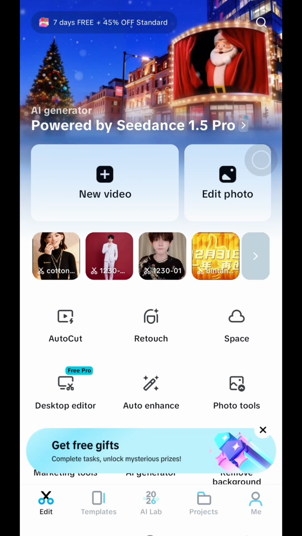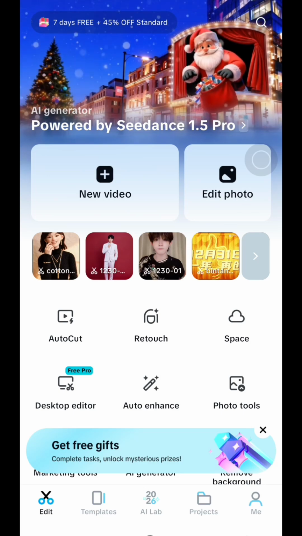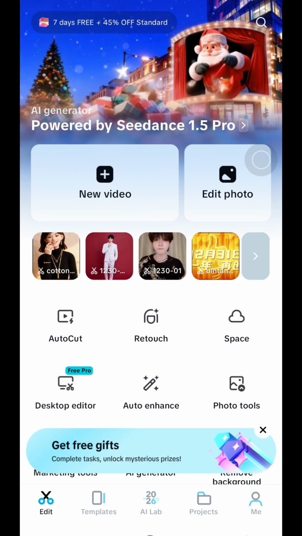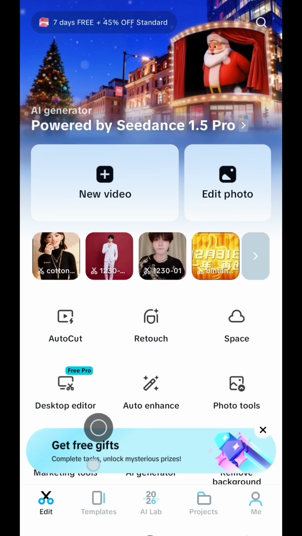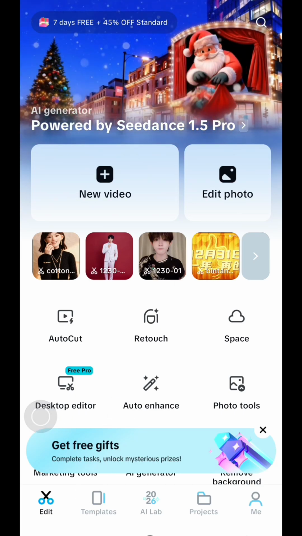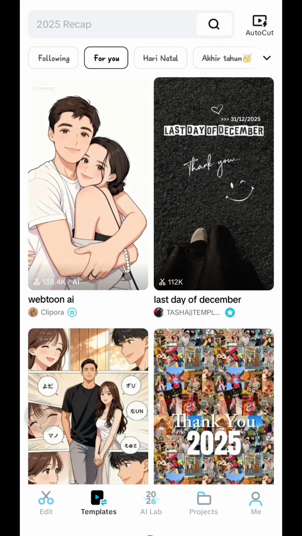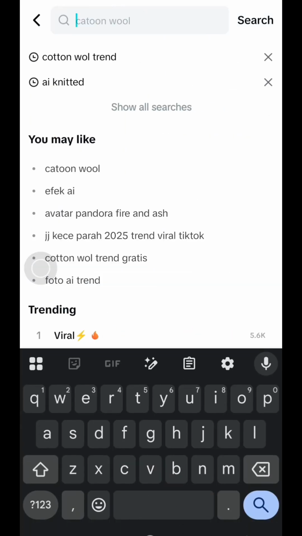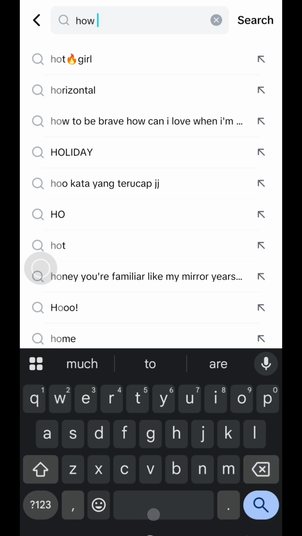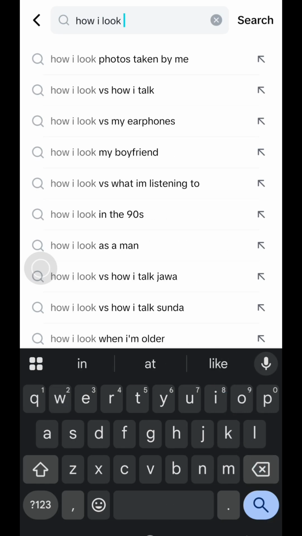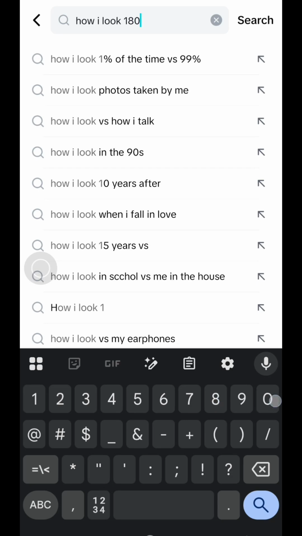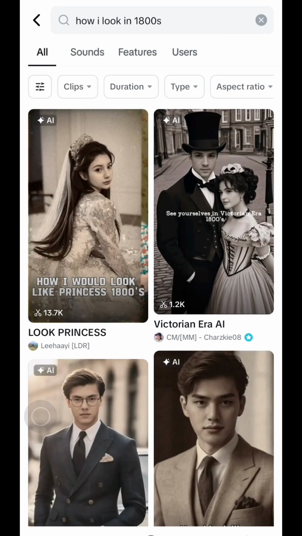And then on this home screen or main screen, just tap on the template section, this one, and then next just tap on it, and this is where CapCut provides trending AI and viral templates. And then next, just tap on the search bar at the top and search how I look 1800s, and then